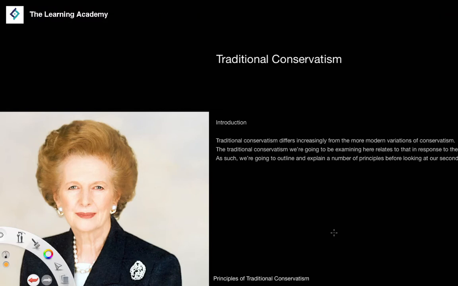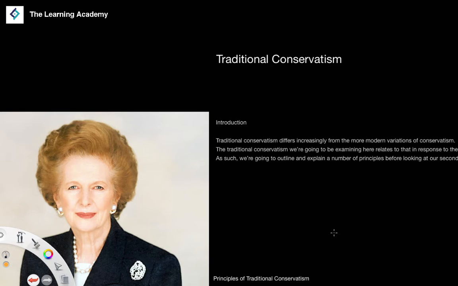So in this lesson, what we're going to do is have a look at the concept of traditional conservatism. This is the conservatism that we explored a little bit in the first couple of lessons, where we are talking about a reaction to radical political change, things like the French Revolution, for example. And we're going to explore things like that by focusing specifically on one of the key thinkers for conservatism, which